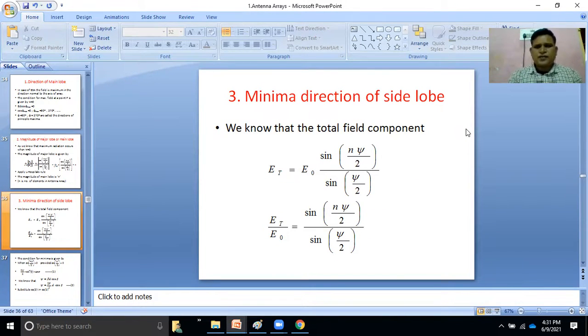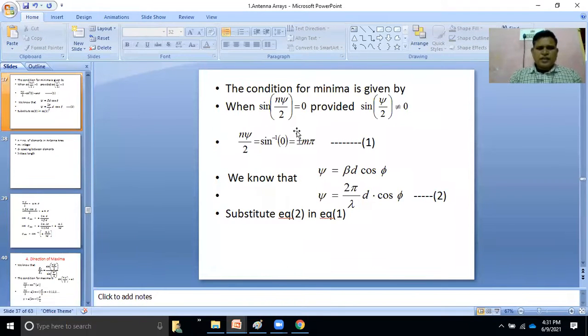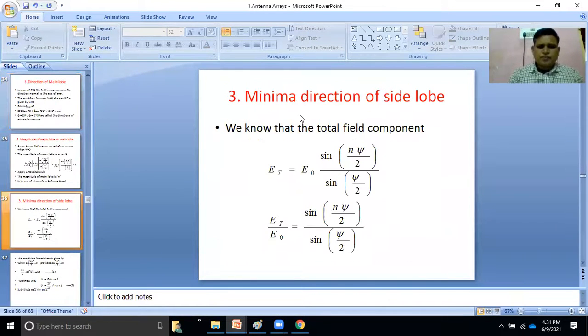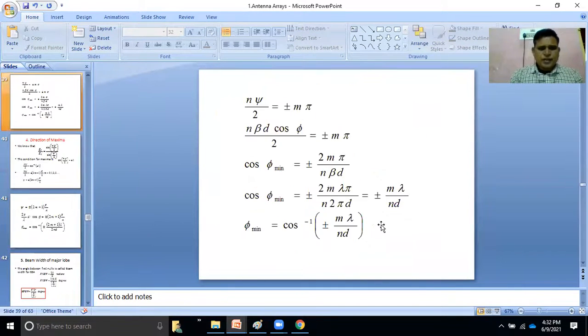Next one is the minima, the direction of the side lobes. Now we are talking about the side lobes. We know this expression. What is the condition for minima? When will this become minimum? Psi is a constant, right? This is n. Now, when this term becomes 0, only then will this become 0. That's the reason here you have to